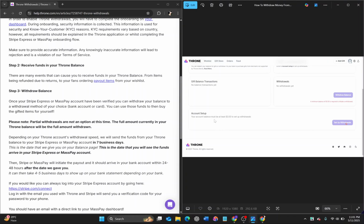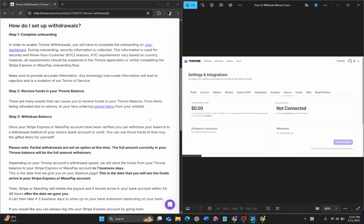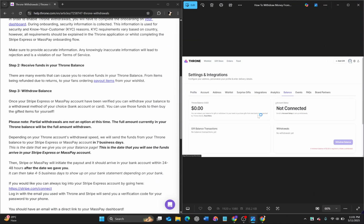But your account balance must be at least $3.5 to set up withdrawals. As you can see, my account balance is $0.00, so I cannot set up my withdrawals right now. But as soon as you reach $3.5, you can set up your withdrawals and follow the process to withdraw your